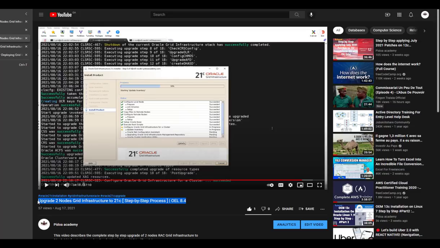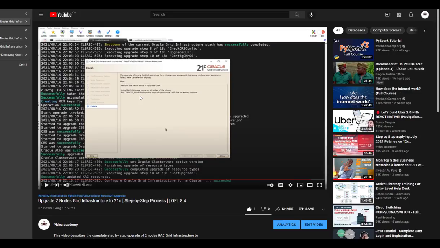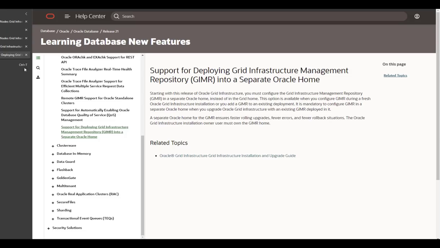This upgrade, starting 21C, will not upgrade the grid infrastructure management repository automatically. So at the end you will be requested to install RAC database software and then proceed with the grid infrastructure management repository database upgrade. So in 21C the grid infrastructure management repository should run in a separate Oracle home.